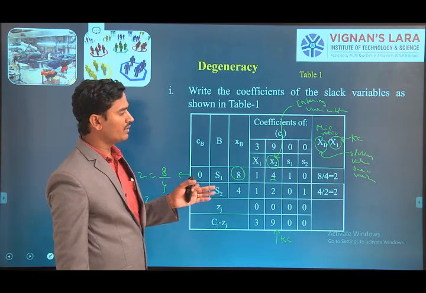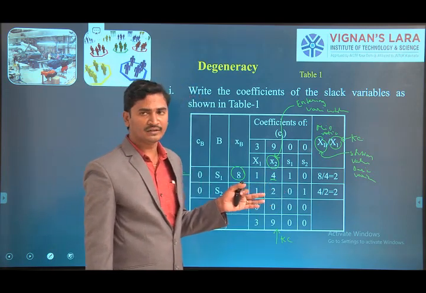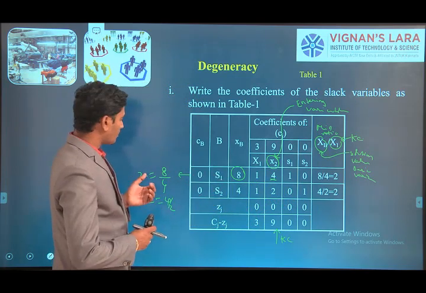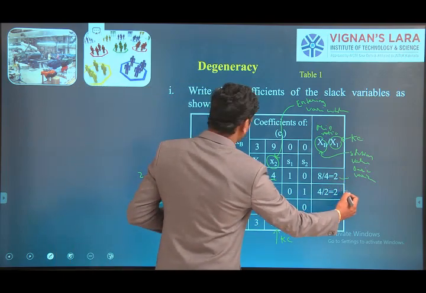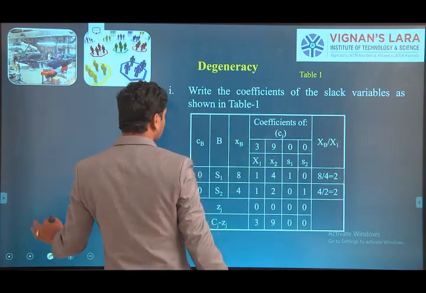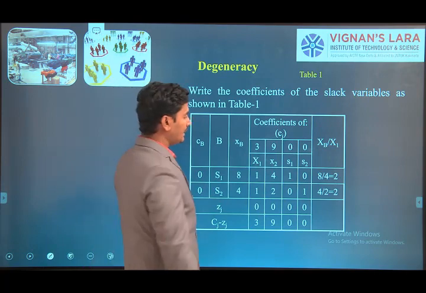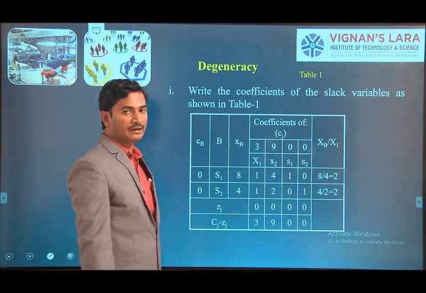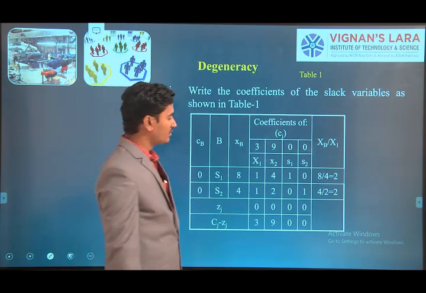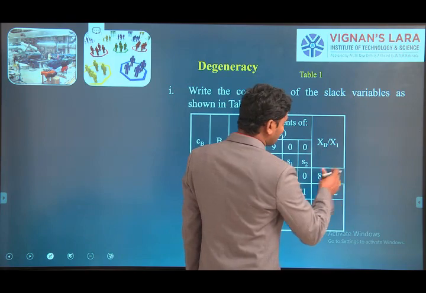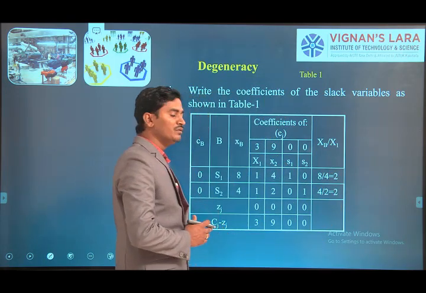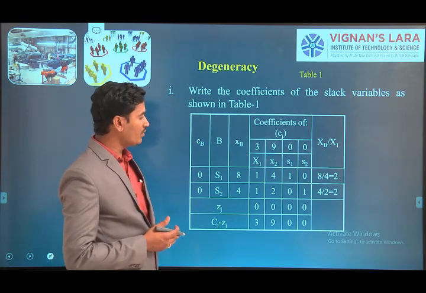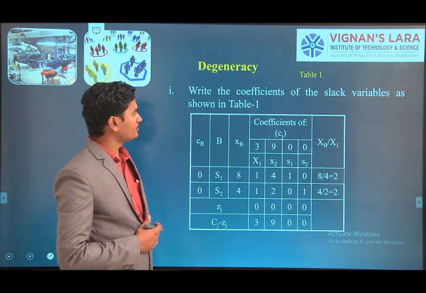Here when we are going to identify the key row, it means we are taking the minimum value at minimum ratio. But coming to our problem, here we have 2 and 2. What is this? This is called tie. Tie between two rows, or tie occurred at leaving variables. It is also called as the degeneracy. Now we are going to resolve the degeneracy by two steps.